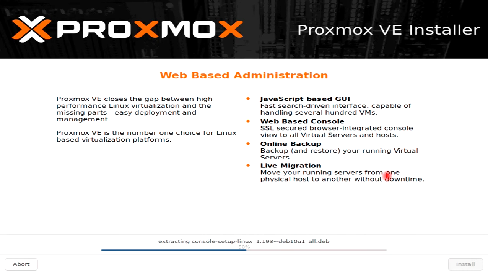Server installation has started here. The installation takes some time.